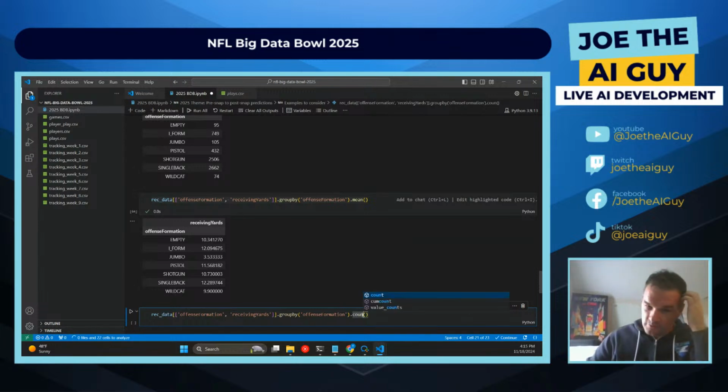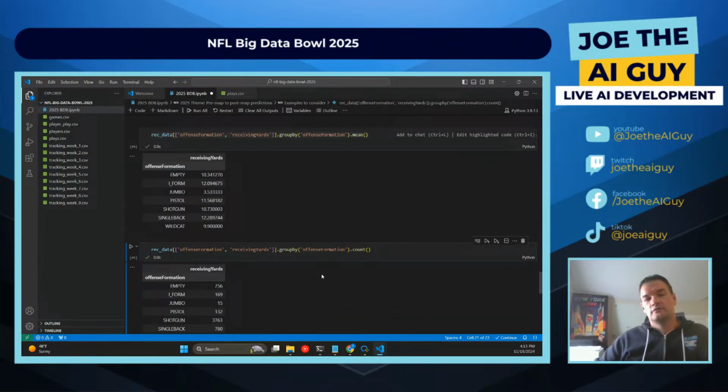And then the count here as well. So go through, we got counts. So on average,